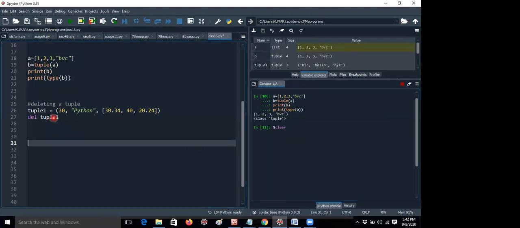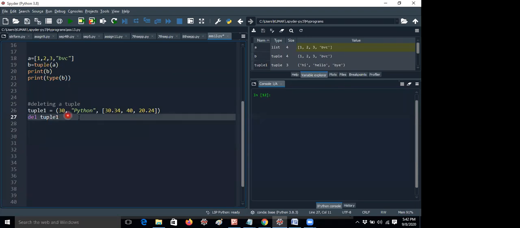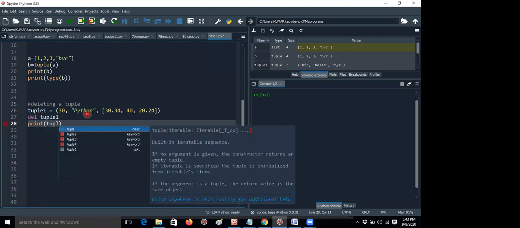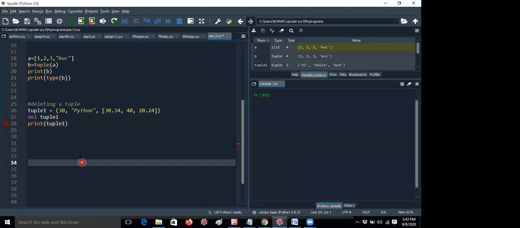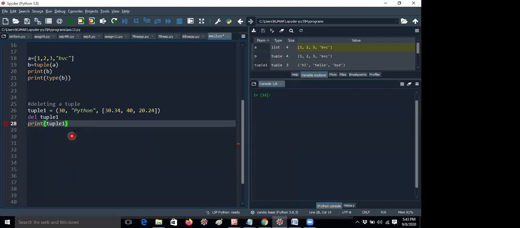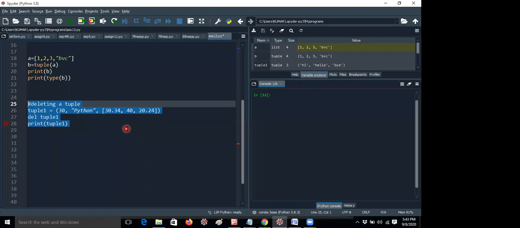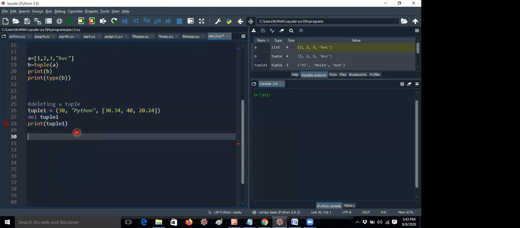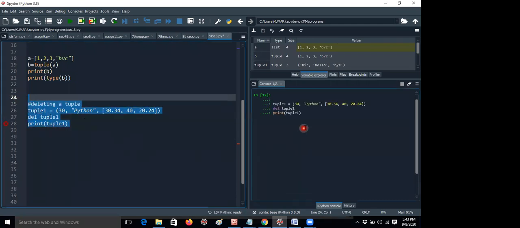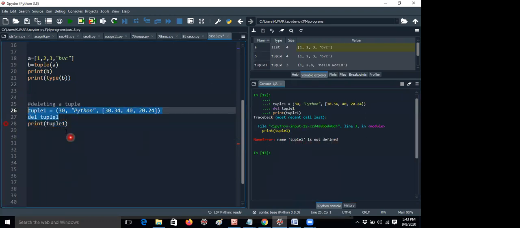Okay. So tuple 1 equal to 30 Python. Okay. This is one of the tuples. So delete tuple 1 and let me print tuple 1. Okay. It will get an error actually. But anyway, I am running it. Okay. That's not a problem at all. In C and Java, if you are getting an error, you need not run it, because a compilation error means you have to check at compilation time only. But here that is not required. You can run the program also. Now let me explain. Name tuple 1 is not defined because tuple 1 is already deleted by the del command.